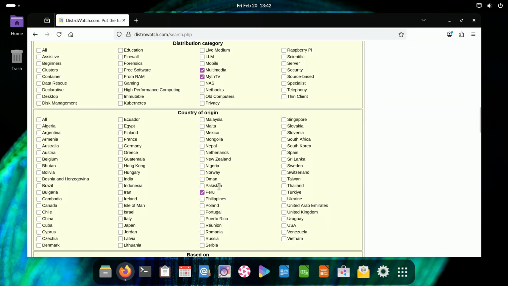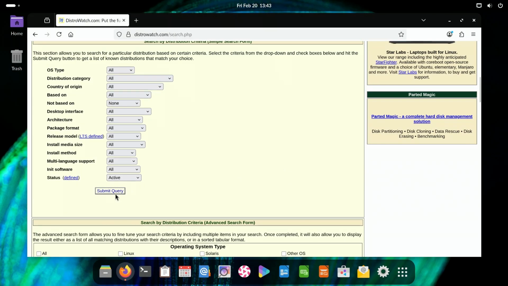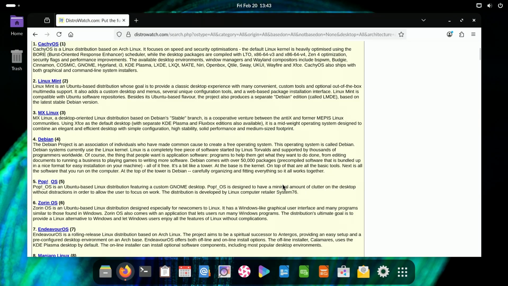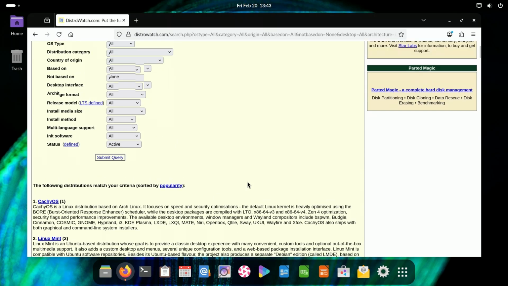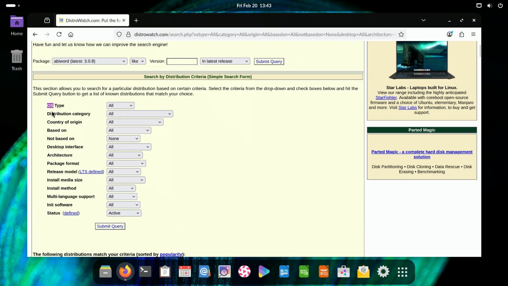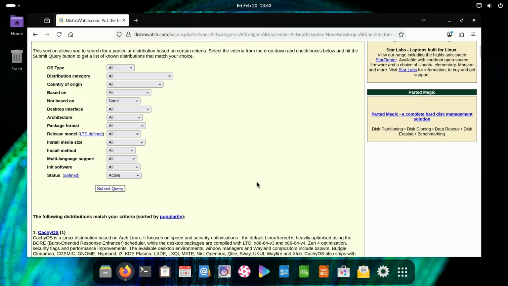They might look different, but both of them achieve exactly the same thing, helping you narrow down from hundreds of Linux distributions based on your personal preferences. Both the forms have 14 questions covering topics such as operating system types, their categories, country of origin, desktop interface, release model, and so on. So, use whichever one you find more intuitive. For this walkthrough, I will stick with the top one.